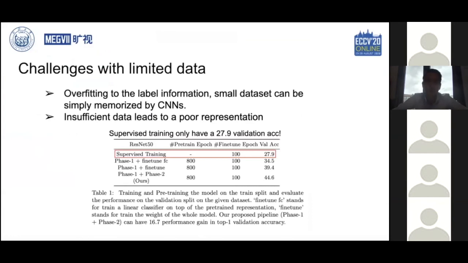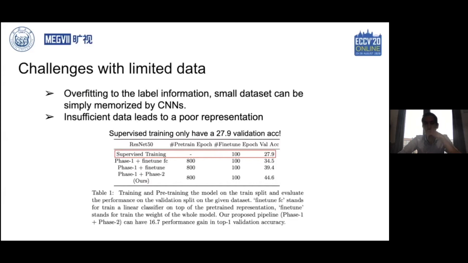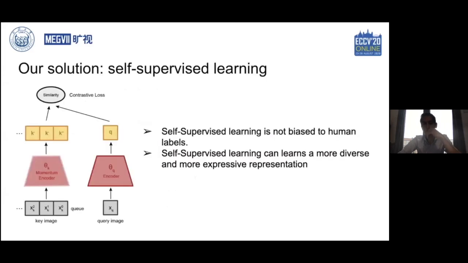The challenges we face with limited data are twofold. First, the CNN model can easily overfit to the label information by simply memorizing the dataset. Second, limited data will cause the model to learn a poor representation for classification. As shown in the table, supervised learning of a CNN model on the challenge dataset only has 27.8 accuracy on the validation set. Our solution to this problem utilizes self-supervised learning, as we show that self-supervised learning is not biased